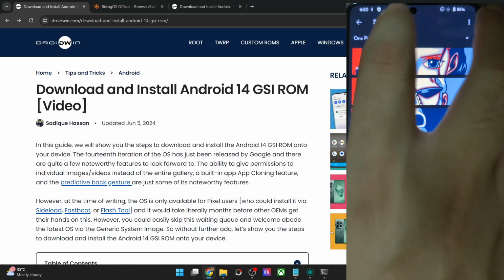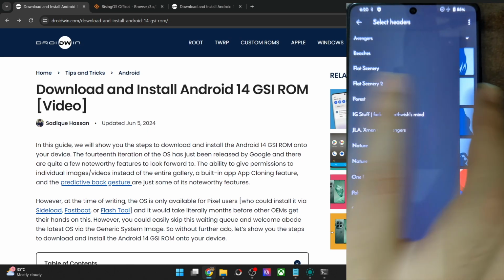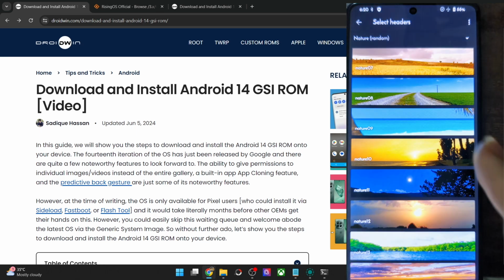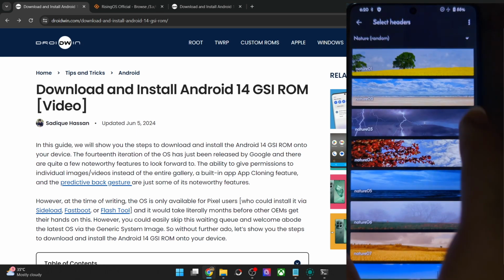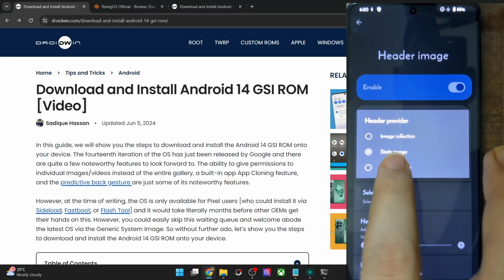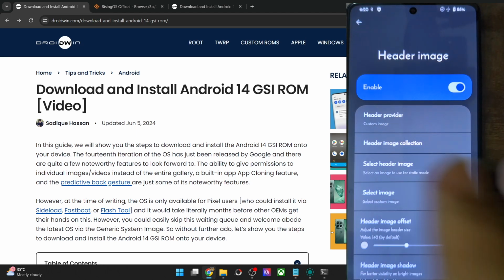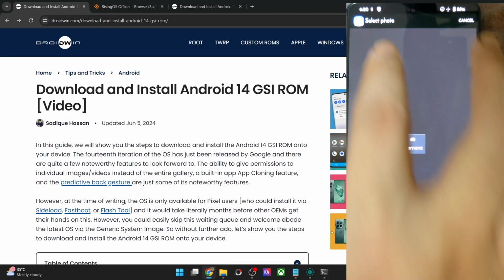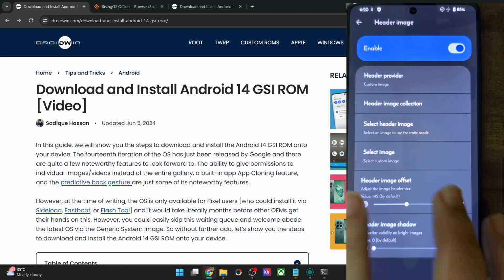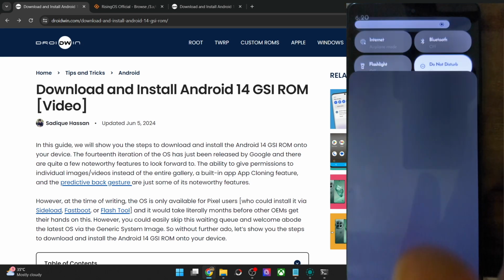And apart from One Piece, let's have a look at a few other images as well. So then you have a few nature tweaks as well, random nature tweaks. I am never a fan of these nature tweaks. Apart from that, you may also choose a custom image and then apply your own image from there as well. Go to the gallery and then choose the image from there. As of now, I don't have any image as such, and currently it's turned off.